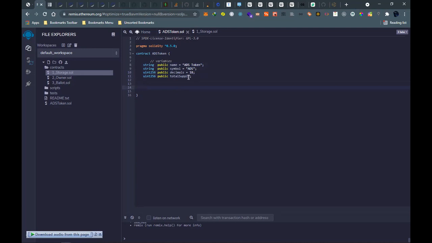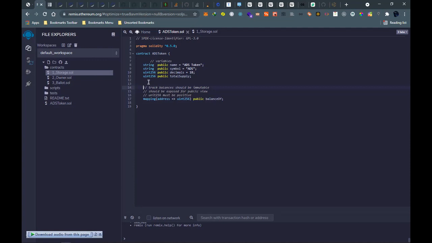Then we have the mapping for our addresses, or balances, the balances of our token. This one will be tracking balances. It should be exposed for public view, and also it should be positive.